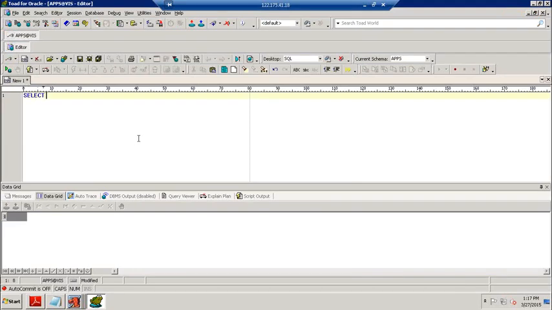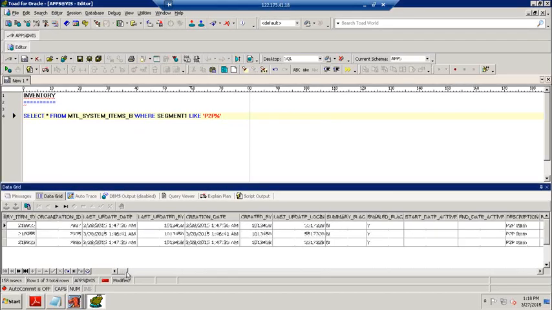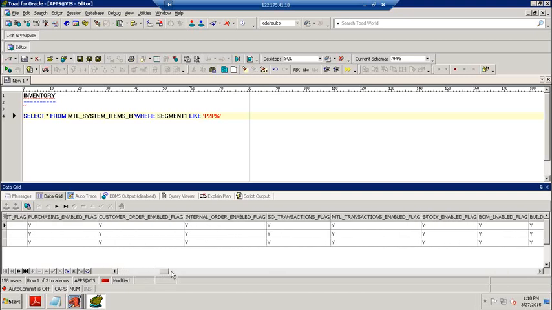So let us execute the query. What are the tables? Inventory. Select star from MTL system items B where segment 1 like P2P item. So it shows us 3 records. Why? Because we assigned 3 organizations. That is the reason it shows us 3 records, and each and every piece of information is there in the respective